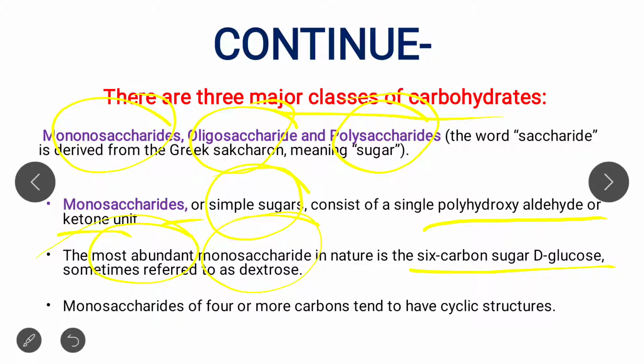Why D-glucose? Why is the D present? I will explain that in my later lectures. And monosaccharides of 4 or more carbons can form cyclic structures. So let's look at the structure of a monosaccharide, that is